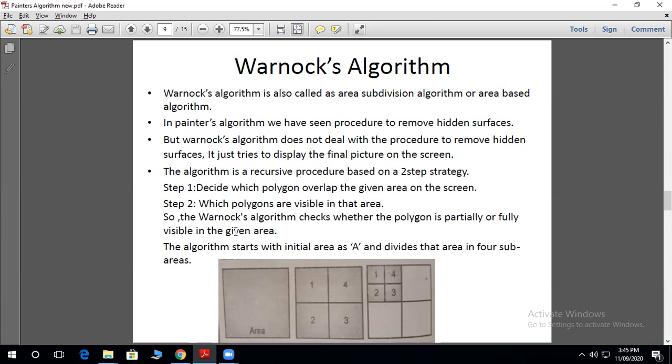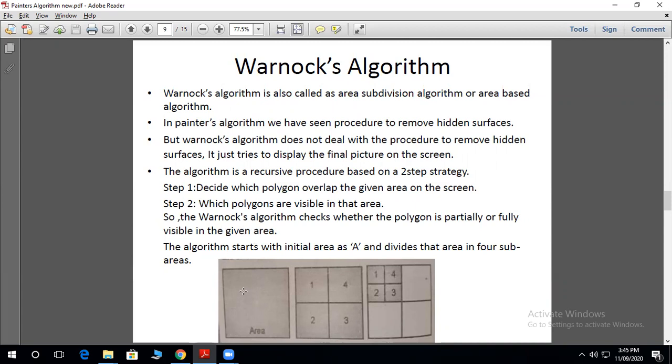The area is further subdivided into sub-areas, and again the test is carried out for each sub-area, until the visibility decision is made, or until the screen area becomes a pixel.